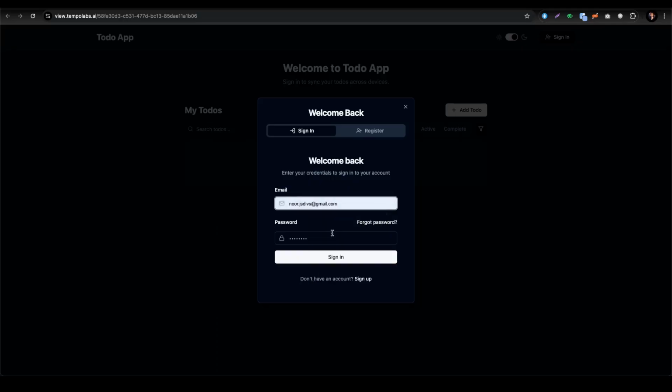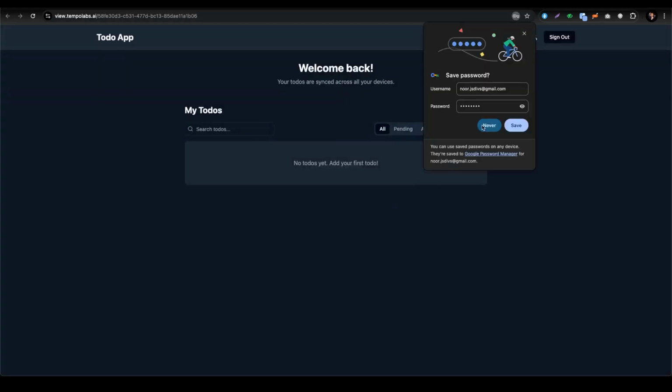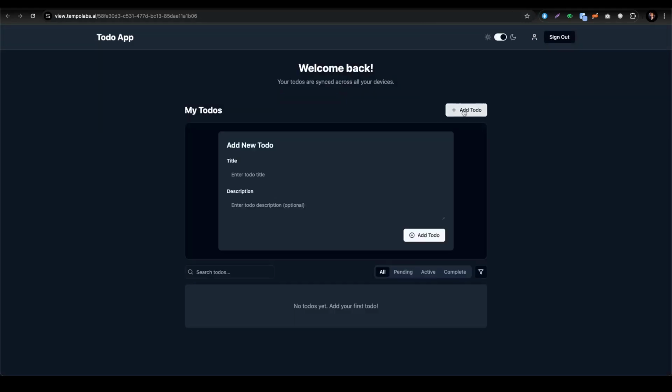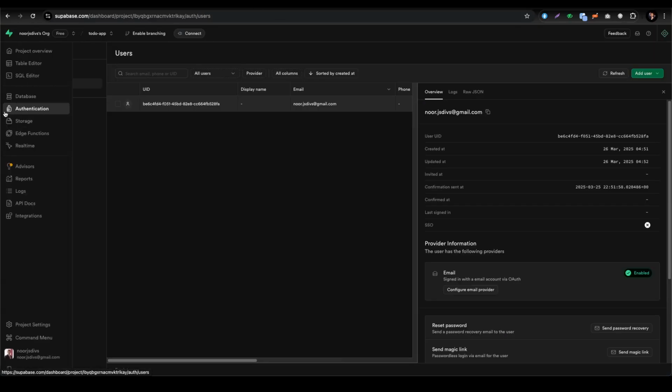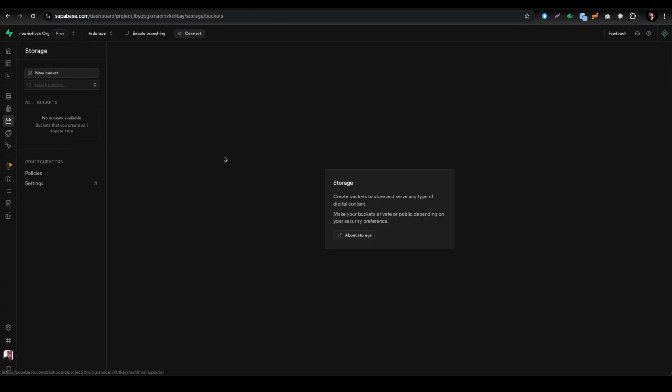So for the login parameter, I'll just go with the login data which I have so far, sign in. And now what I'm gonna do, I'm gonna add a new to do. So this is my to do. My first to do is here, add to do. So now I've added a new to do, and if we just go in the storage right now, as you